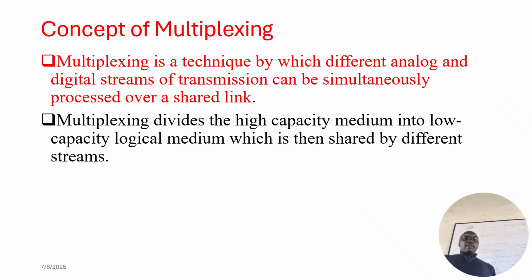Okay, what you've said is actually correct. Another way of defining multiplexing: it's just a technique by which different analog and digital streams of transmission can be simultaneously processed over a shared link. You see, in the link,